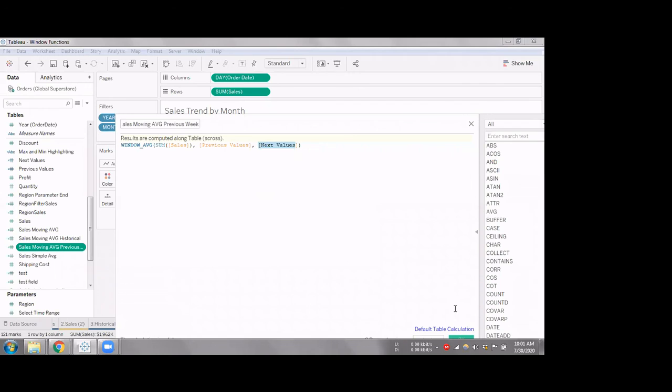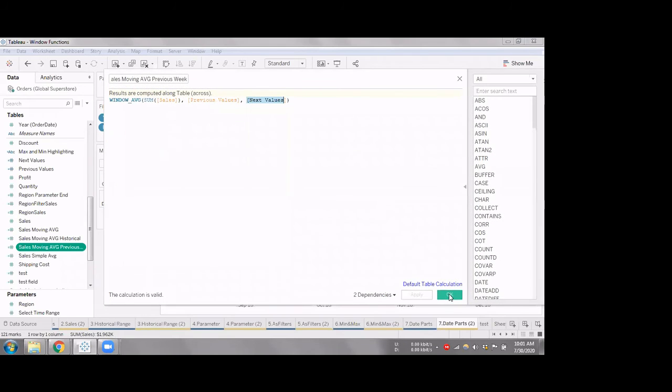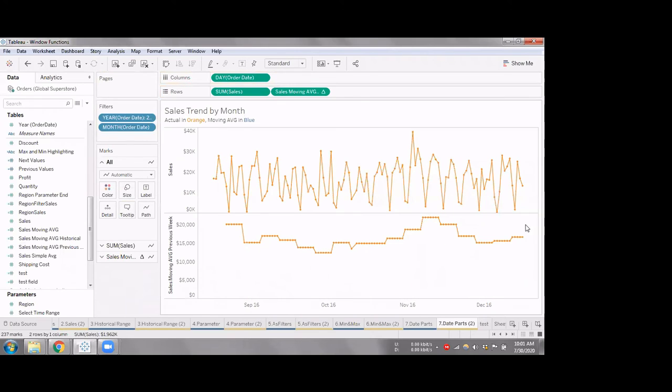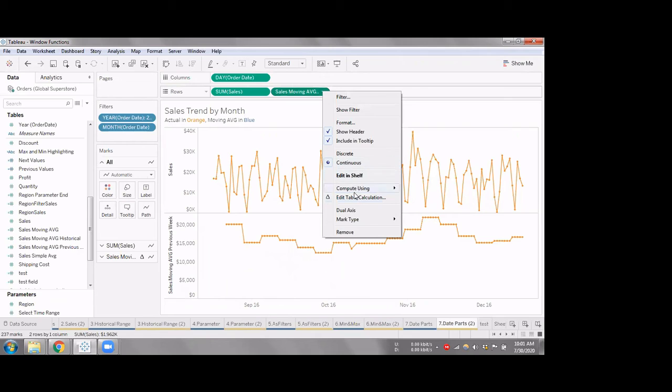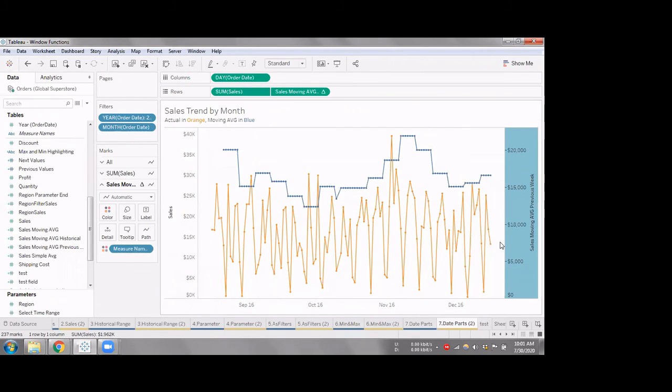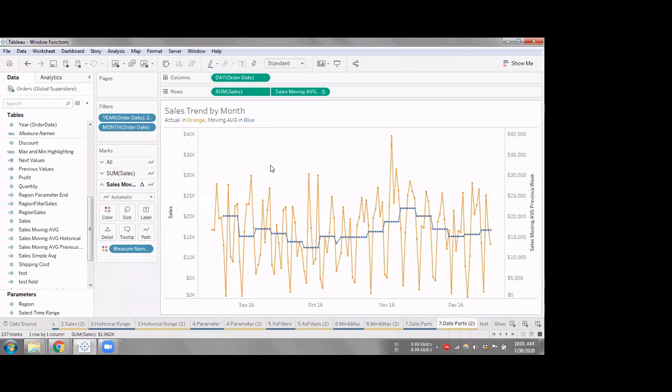Once I click OK and pull it back here, I got my value graph. Let me make it dual axis, synchronize axis, and there we go.